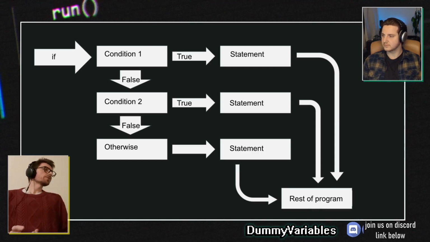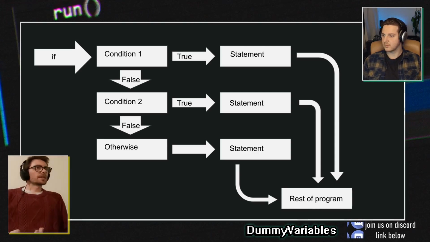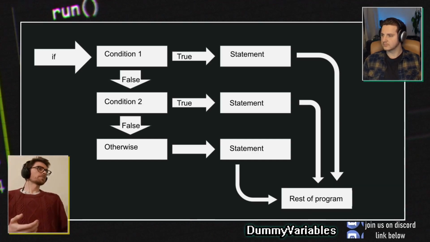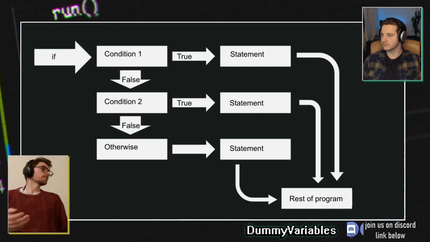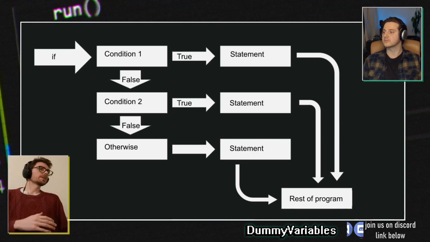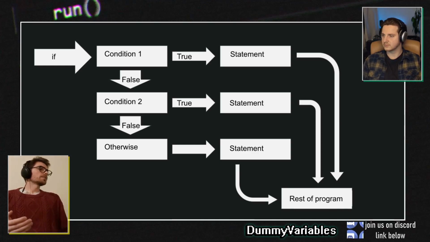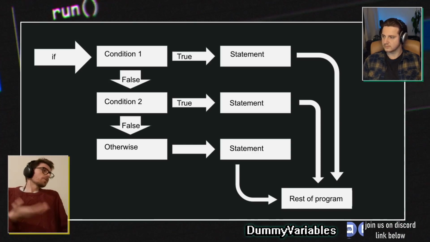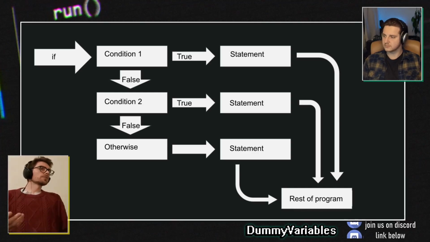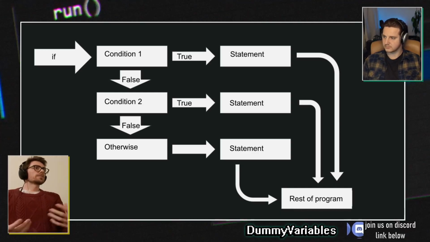If that first condition is false, we have the option to keep checking conditions. So we can check a second condition and see if that is true or false. So again, if that's true, that'll move along. And we can do this as many times as we want. And at the end, we also have the option to have an otherwise case. That's if none of the previous things evaluated to true, then do this anyway. We don't have to have it. We can just do nothing. We can just leave the otherwise out. But it's an option for us. So after all of that, all the branches come back together, and we continue on with the rest of our